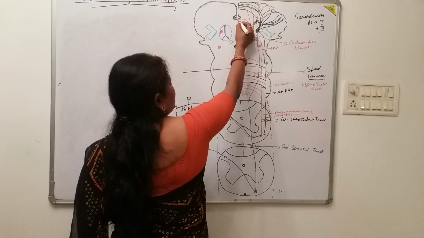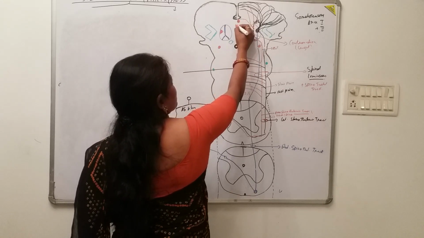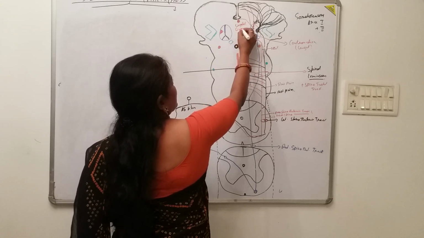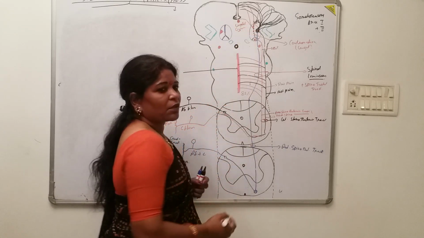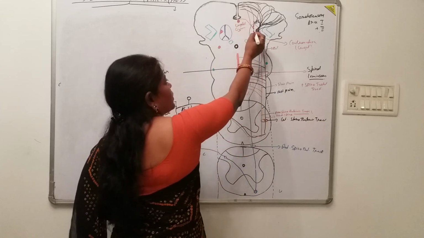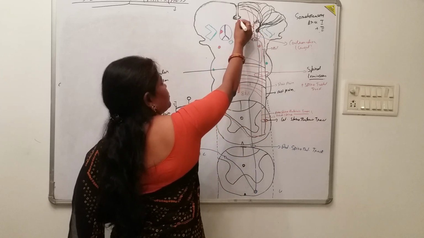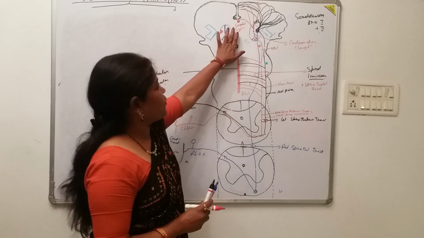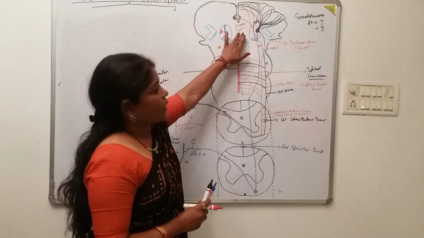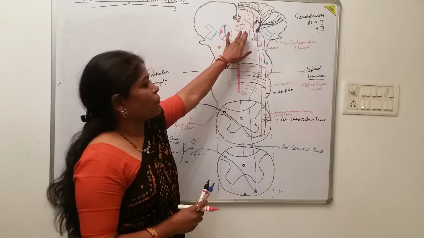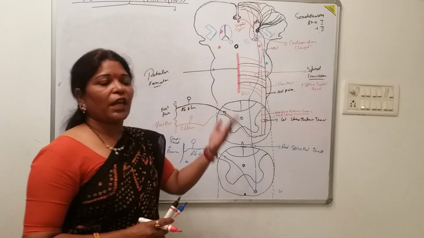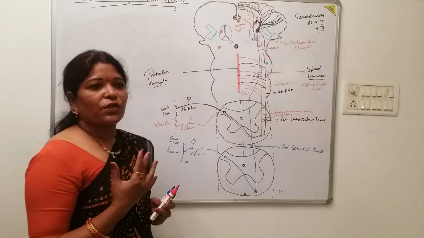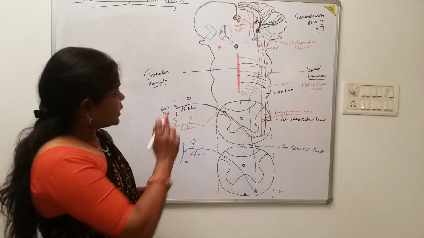They go to a very important gyrus known as the cingulate gyrus, which is also part of the limbic system. The slow pain fibers, after emerging from this intralaminar nucleus, terminate here in the cingulate gyrus also. For what purpose? For the emotional aspect of the pain. So the pain also has an emotional aspect.